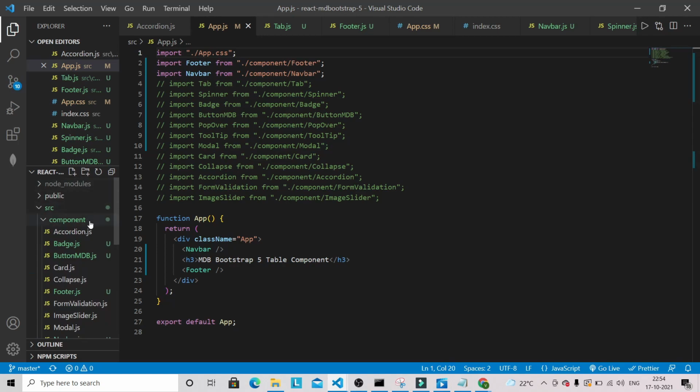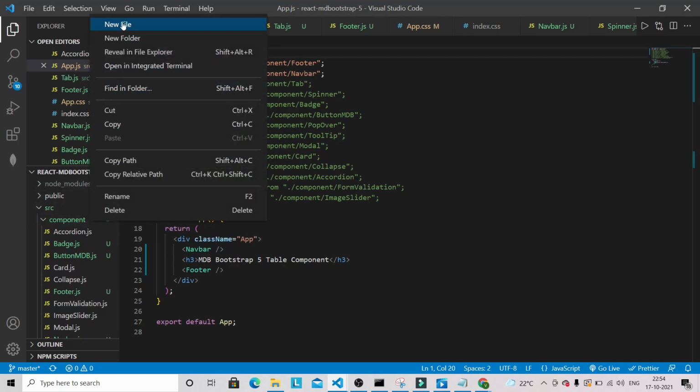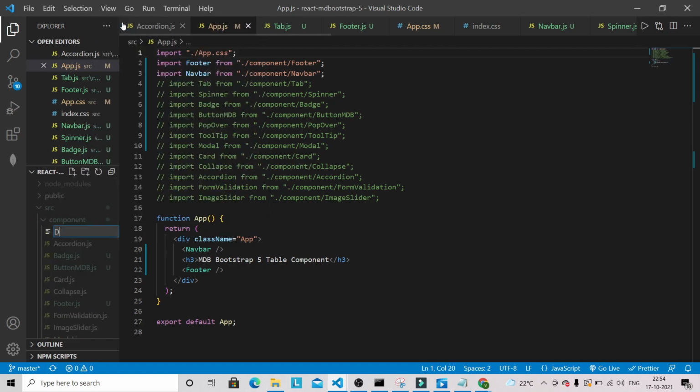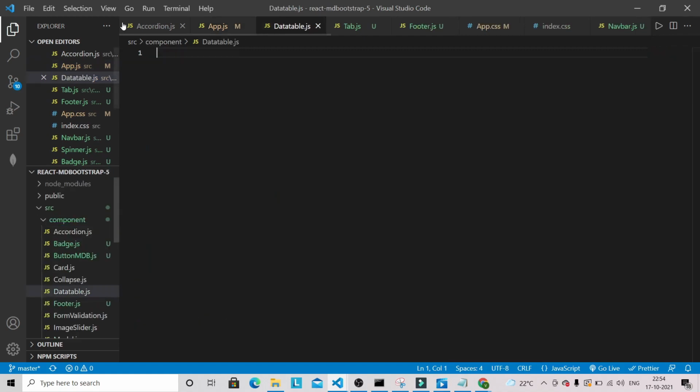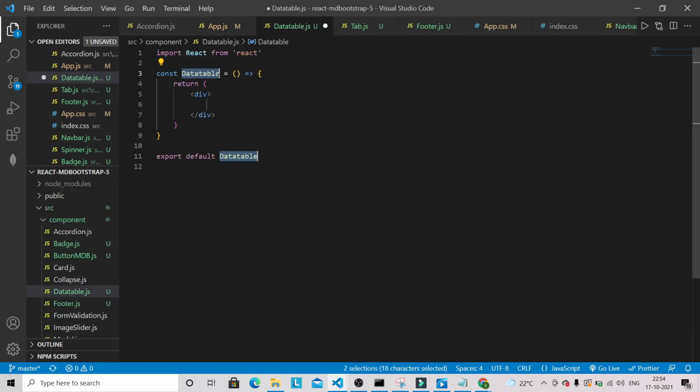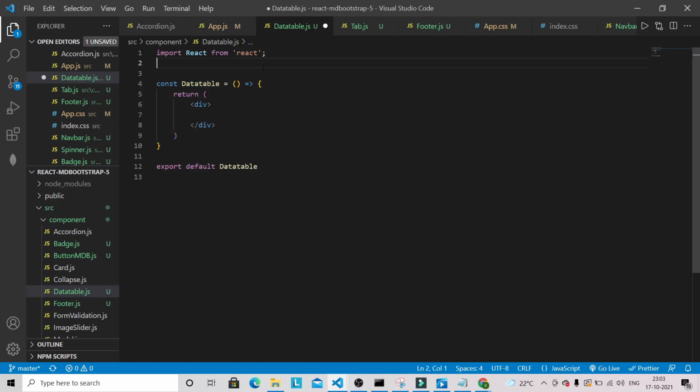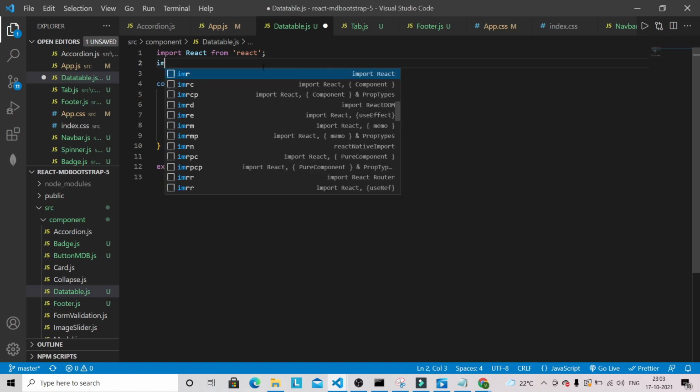So guys, I am going to create a file here inside this component folder. The file name will be datatable.js, and let's generate a snippet here. Now we need to bring some components from our MDB React UI kit.